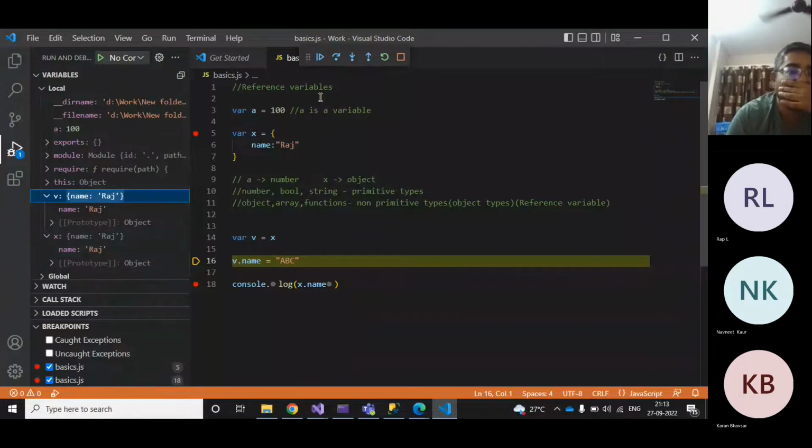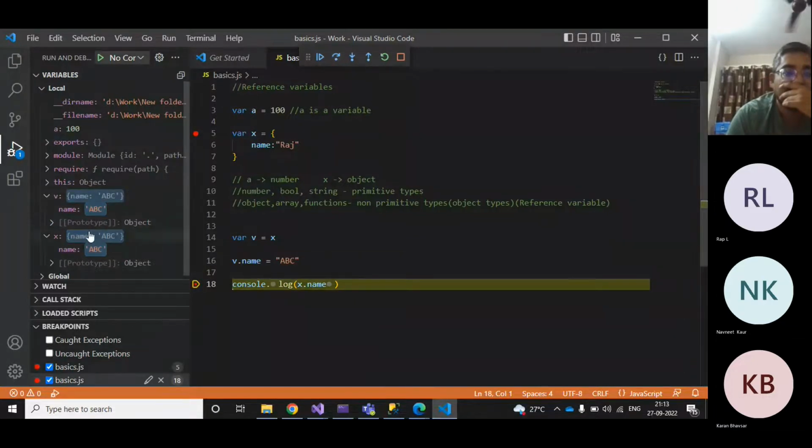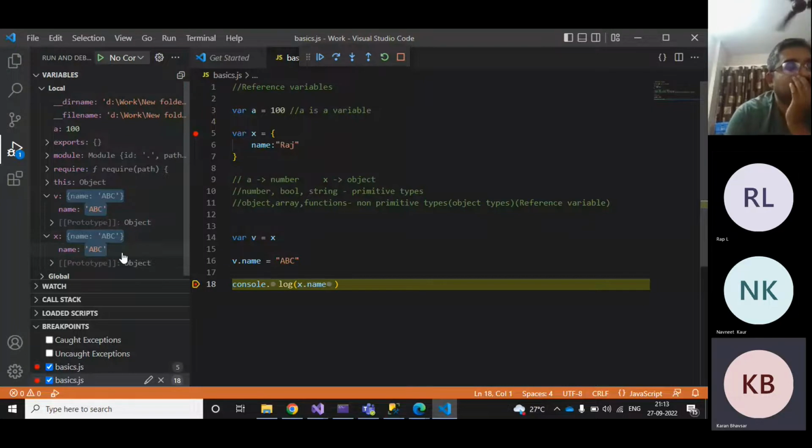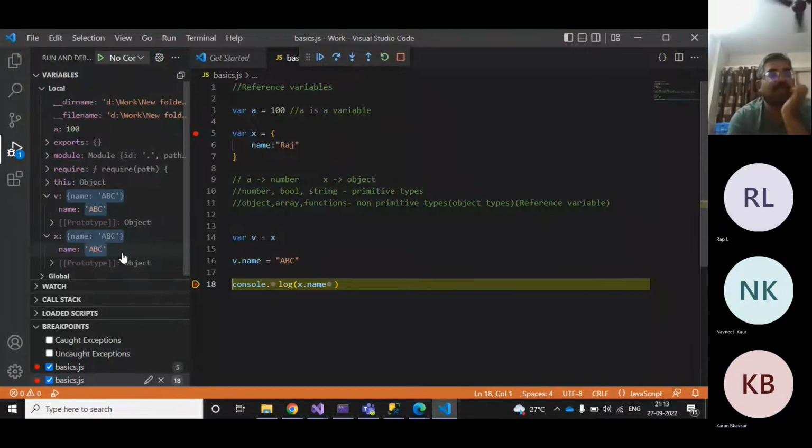See, when I assign ABC to this, just watch here, what happens. I'm trying to change v. It is ABC, fine, but why did this x also change? What happened? Because non-primitive types, all object types are referencing to